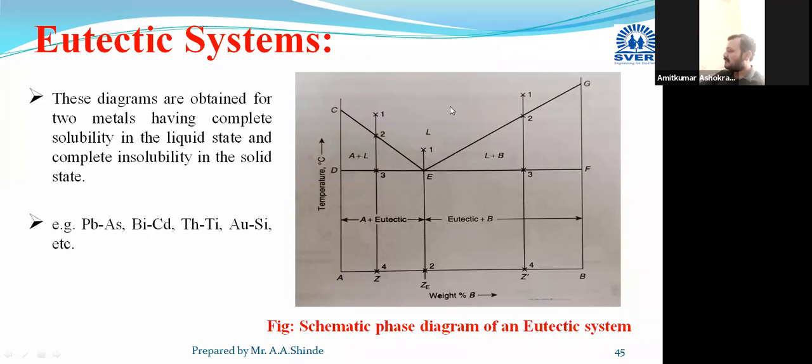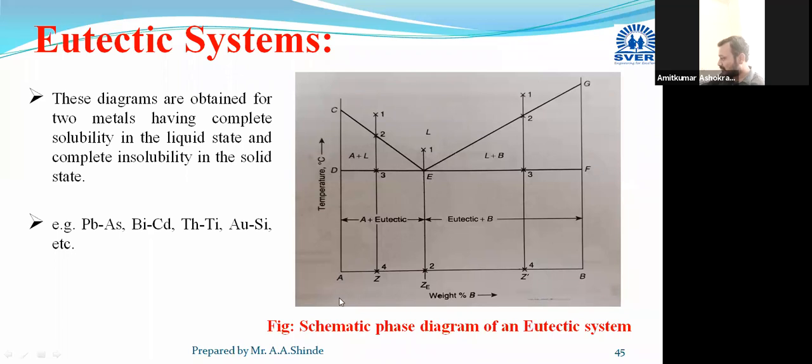Now in the next step you have to explain the diagram. You have to explain the melting points of the two elements. Here I have considered elements A and B, so this is the equilibrium diagram for element A and element B. Then you have to mention the melting points. Point C is the melting point of A, and point G is the melting point of element B. But when the amount of B increases, at this particular corner A is 100%.